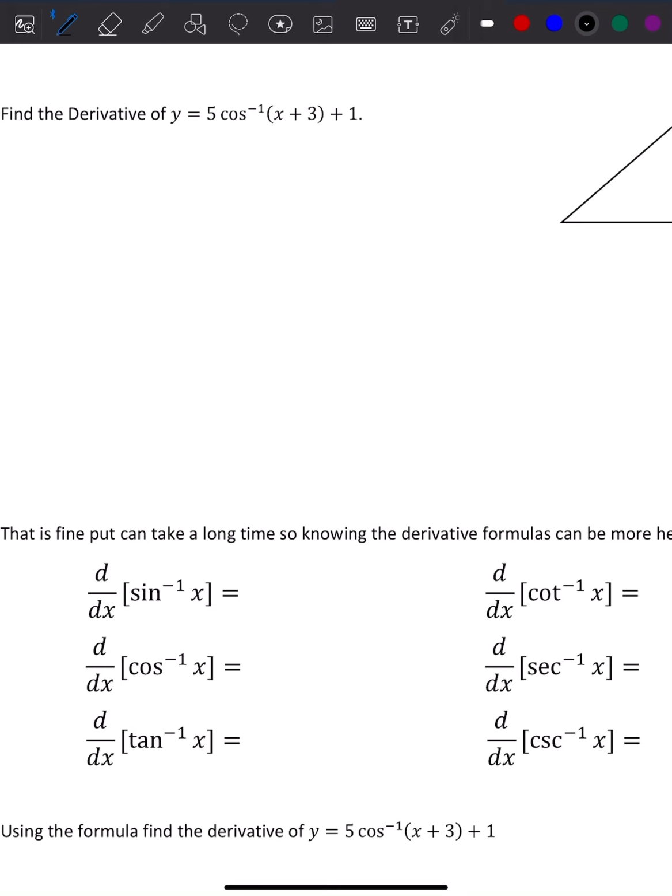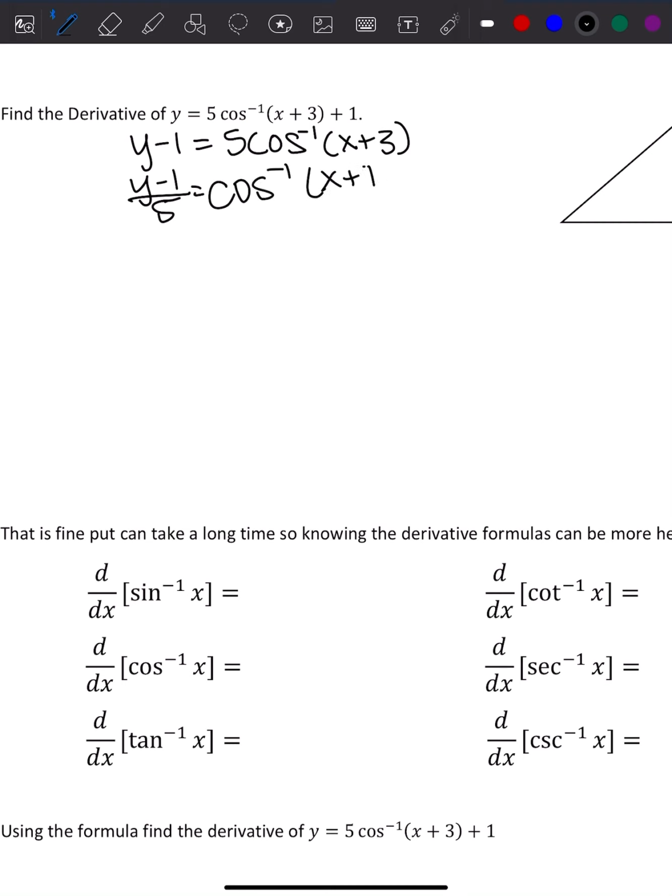So we are going to do everything that we would to get rid of cosine inverse. In order to do that, we need to move the 1 over. So we have y minus 1 is equal to 5 times cosine inverse of x plus 3. We need to divide by 5. So (y minus 1) divided by 5 equals cosine inverse of x plus 3. And we need to take the cosine of both sides. This gives us cosine of (y minus 1) over 5